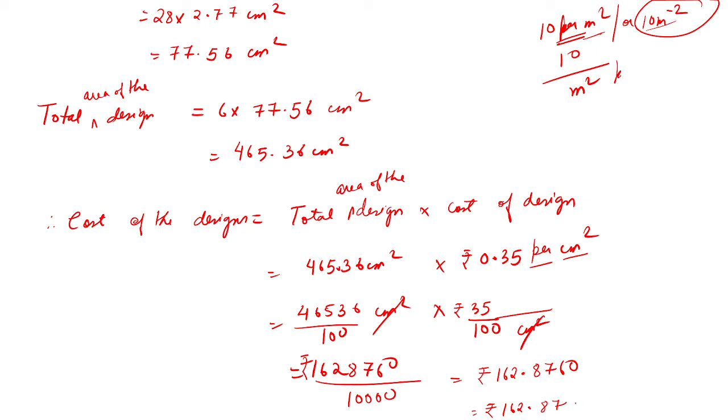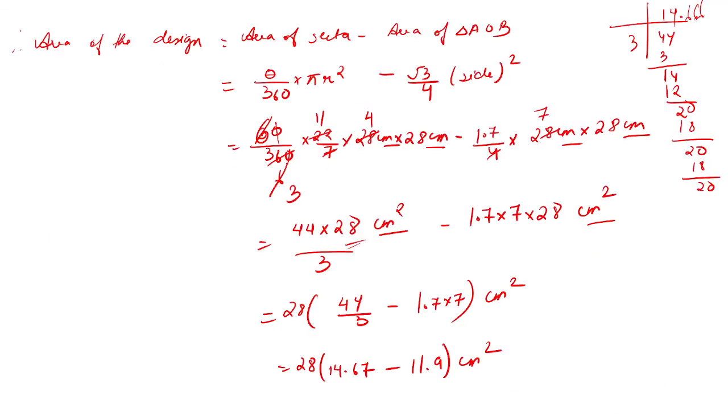So the answer will be rupees 162.87. Now remember, in your textbook the answer is given as 162.68, clear? But this is not the exact value, it's just the approximate value. So this is also a valid answer. 162.87 is also a valid answer. You can write this as approx value, not exact value, clear? If you're not so satisfied, instead of 14.67 you can just consider this as 14.66,